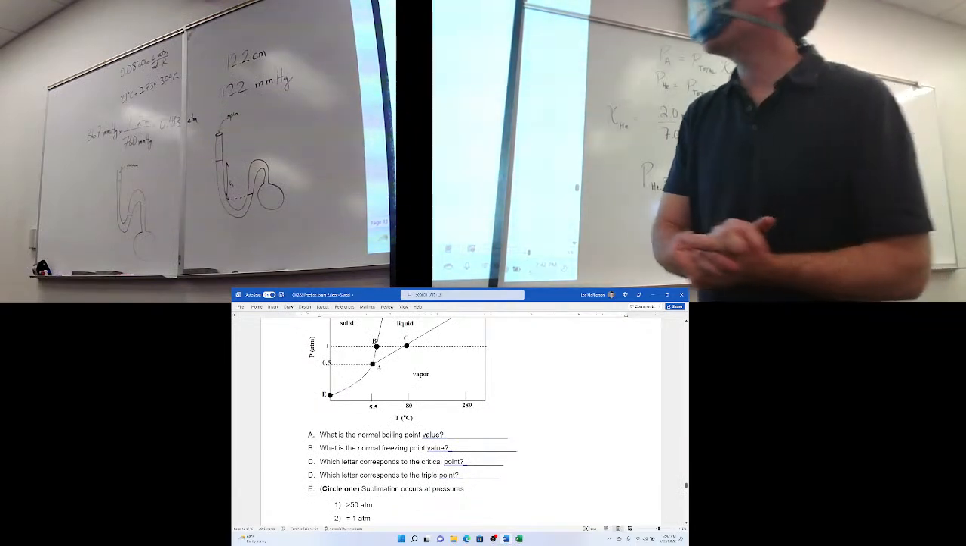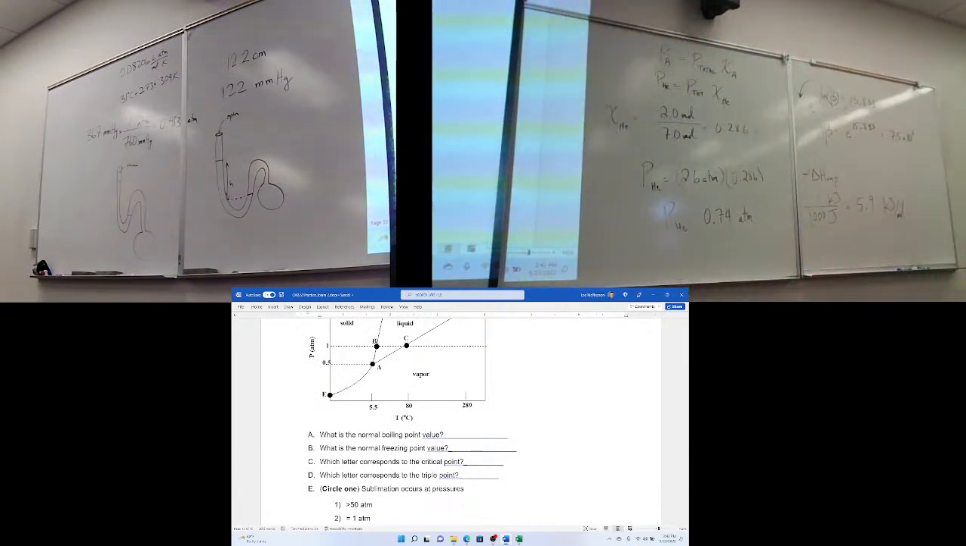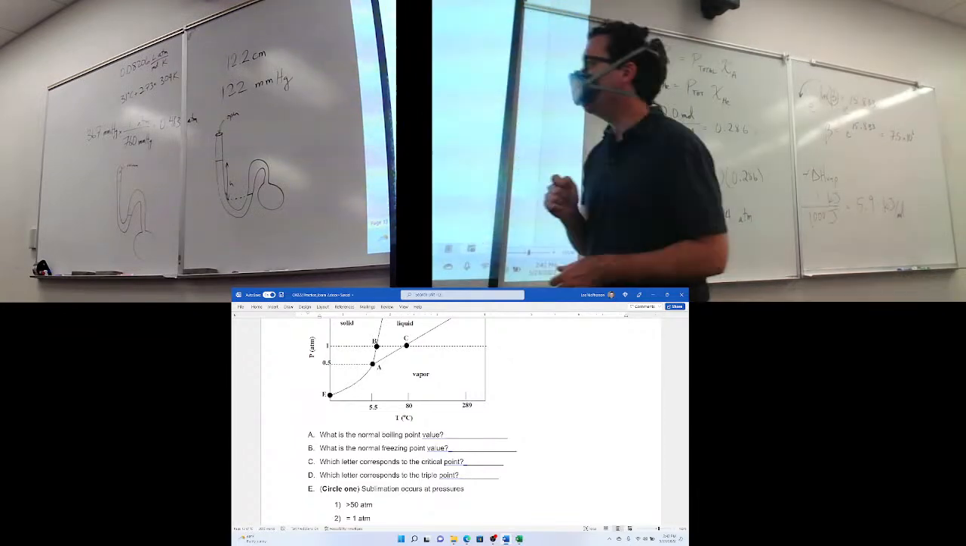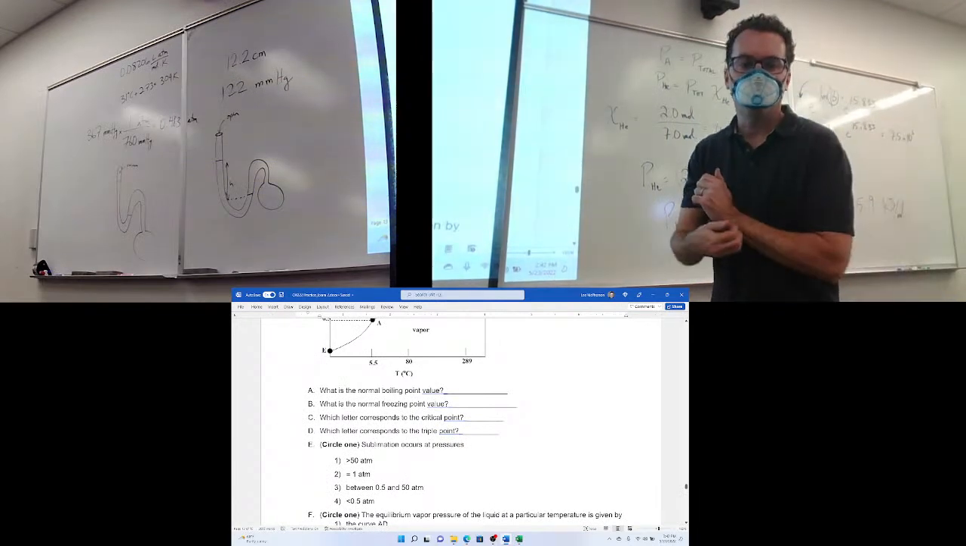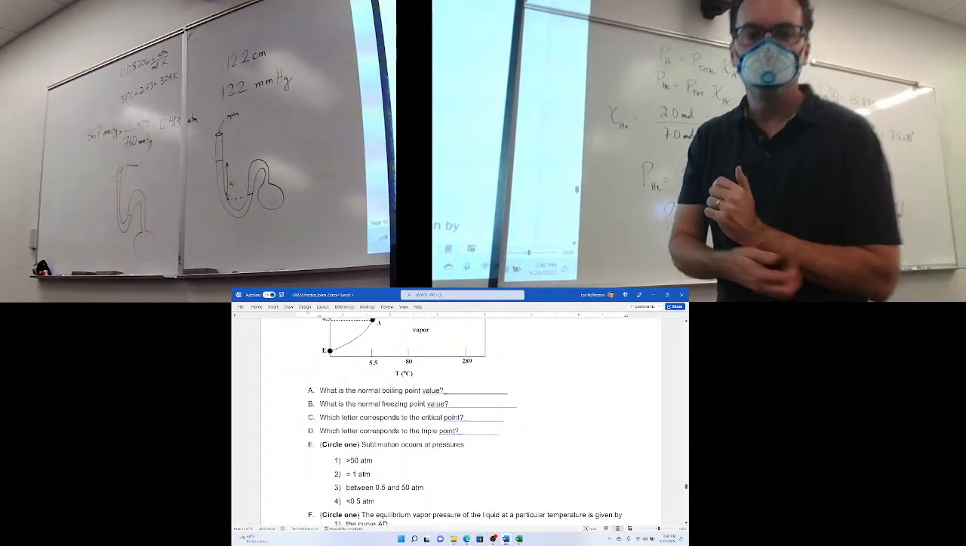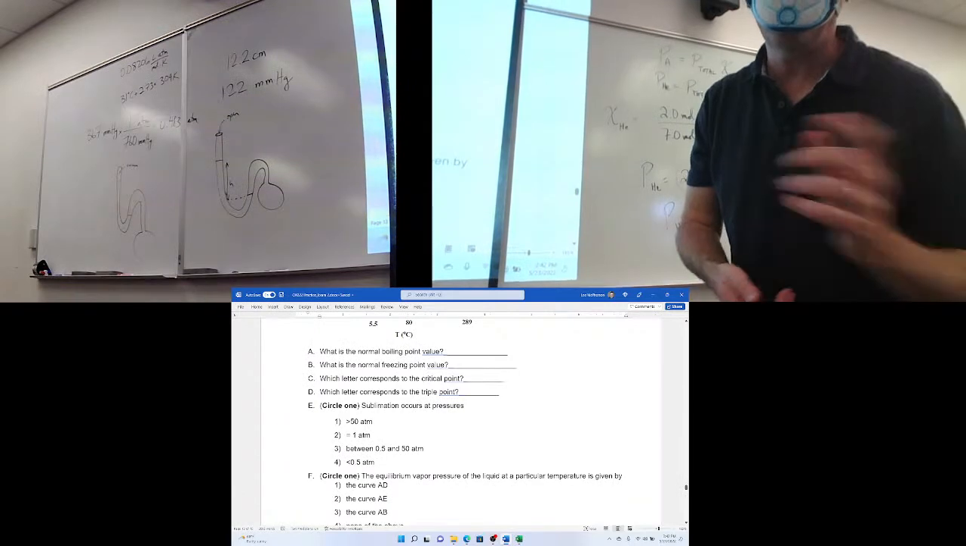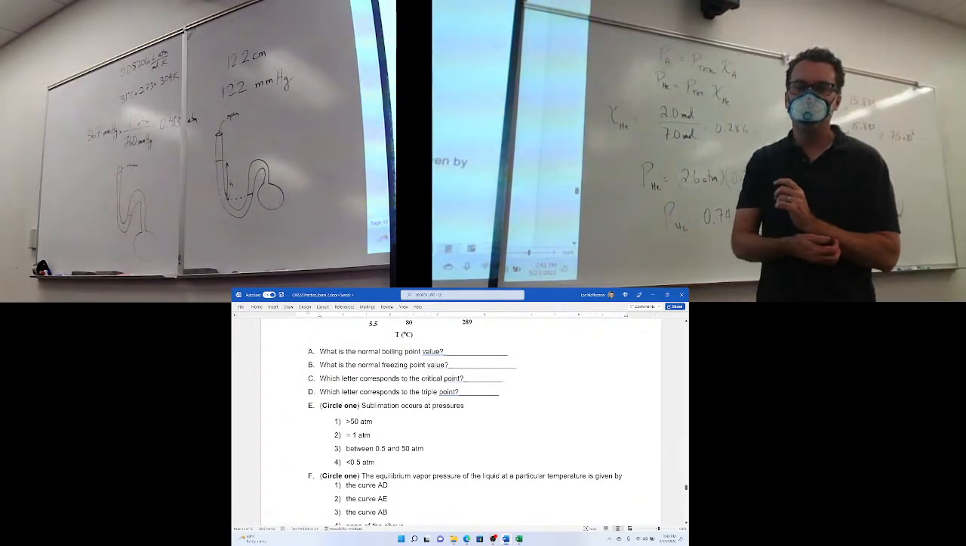Sublimation occurs. So sublimation is solid to vapor, solid to gas. So it's anywhere along this line. It's got to be below 0.5 atmospheres. So anything below 0.5. So 4. And the equilibrium vapor pressure of a liquid at a particular temperature is given by,